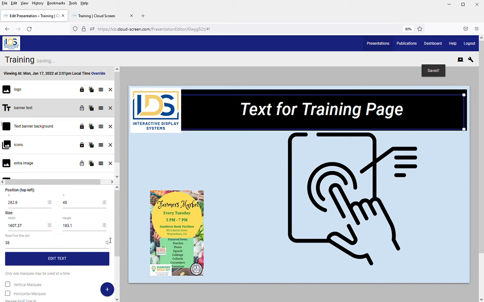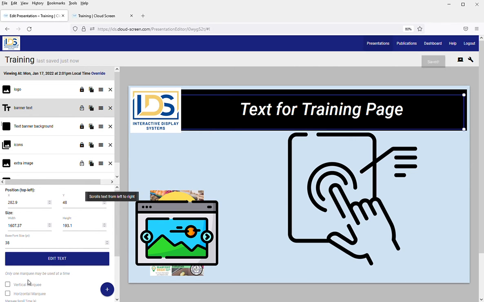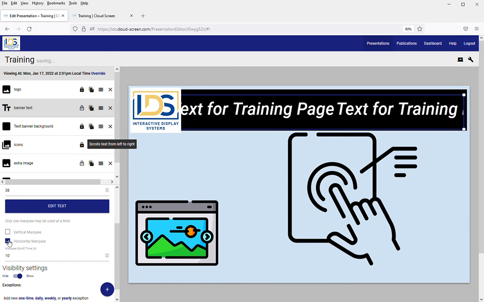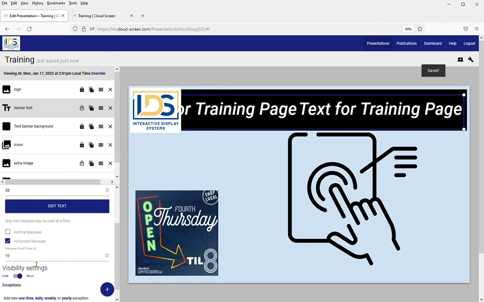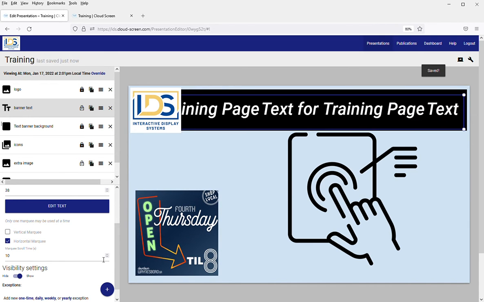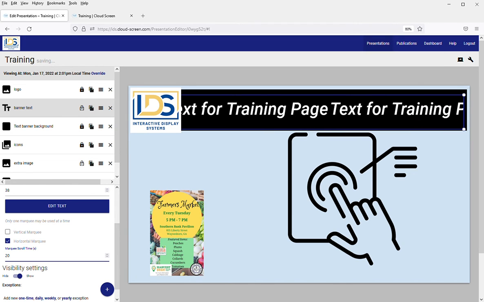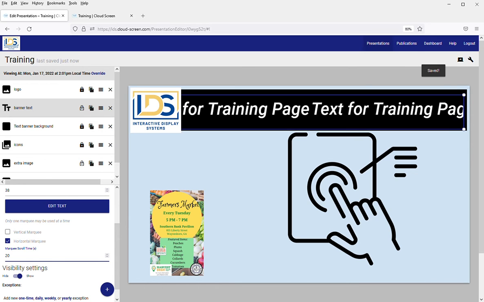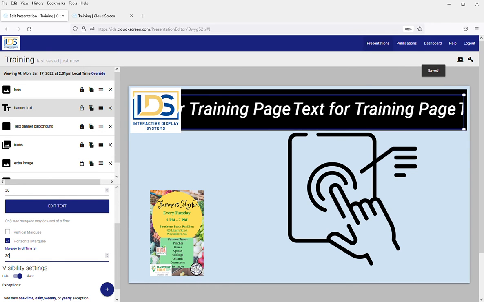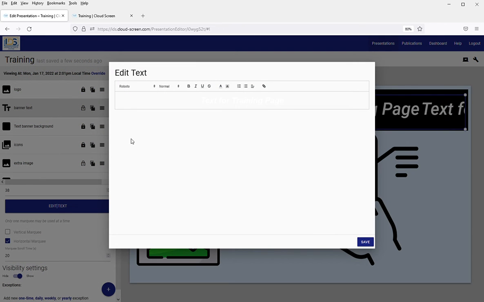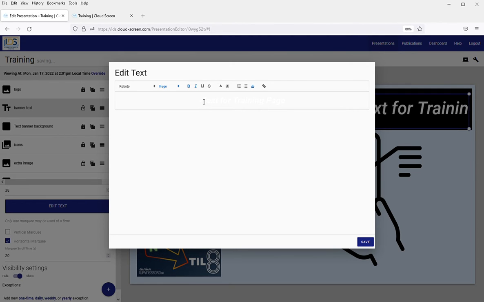I'm going to actually turn this into a scrolling marquee, and that's really easy to do, vertical or horizontal. I'm going to go with horizontal, and it's scrolling the text, and if you want to slow it down, you can. I'll just make this 20 here, and that slows the text way down. If you got a big old long title, obviously the slower it needs to go so that people can read it. But just so this is kind of separated from itself, I'm going to put a little,